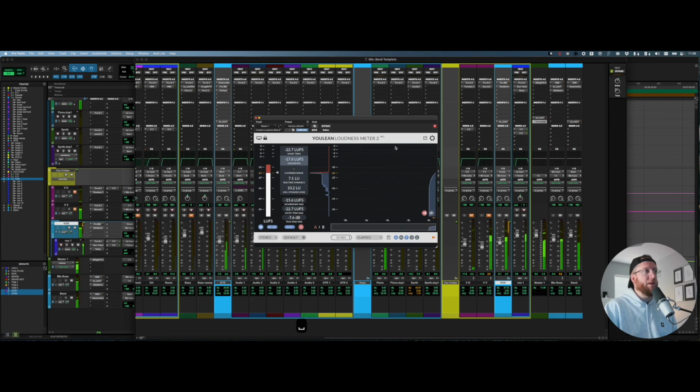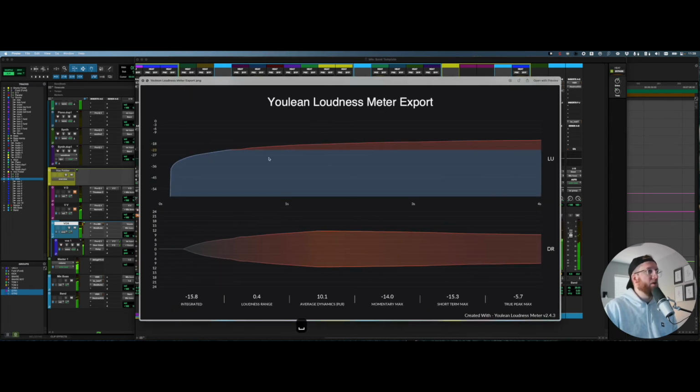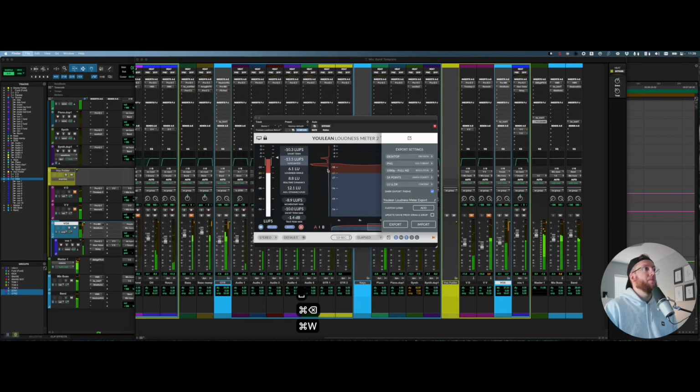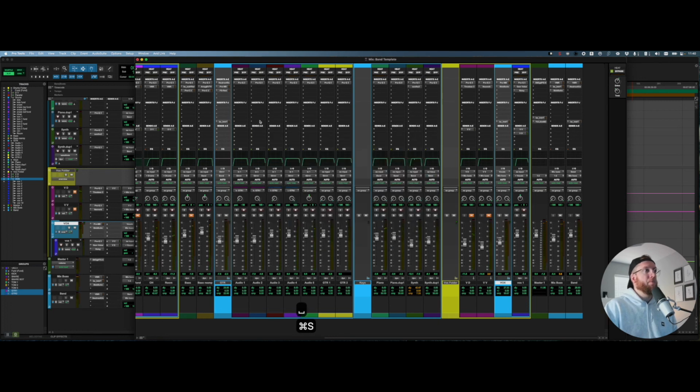Youlean is my favorite because you can export this loudness report. And I like to be able to do that for clients. That's just a nice thing. I don't have a preset in here. All I'm doing is I'm looking for this loudness. And that'll be it. So if I was to A/B all of my processing,